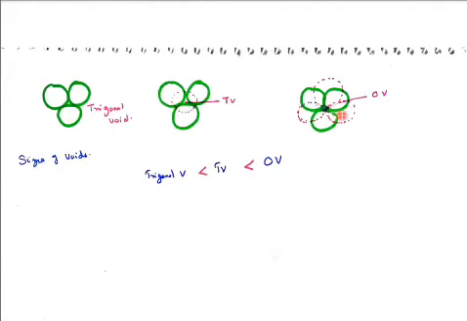Now we are going to compare the shapes of the voids. A trigonal void is produced with 3 atoms. It is tetragon, 4 atoms, which is called a tetrahedral void. 4 atoms in contact produce a void called a tetrahedral void. 6 atoms in contact produce a void called an octahedral void. So the octahedral void is greater than the tetrahedral void, which is greater than the trigonal void. It is one more question.